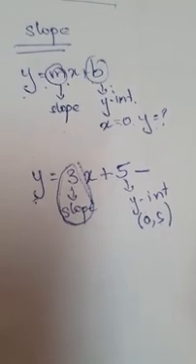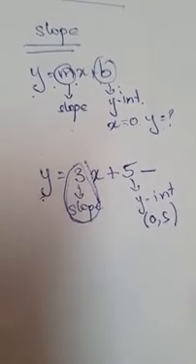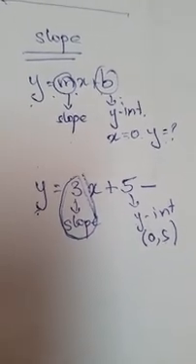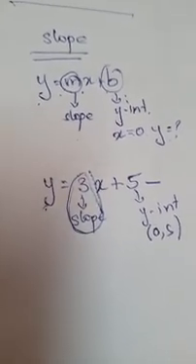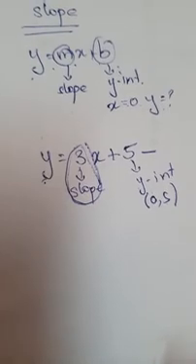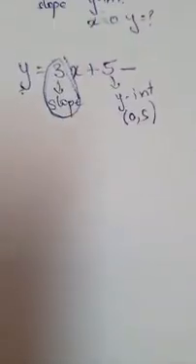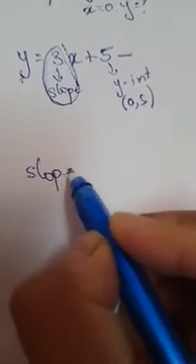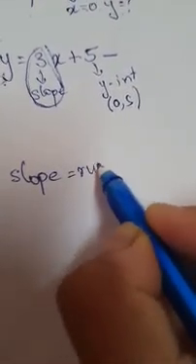Now it is not always possible for us to solve the equation again and use the slope formula, y2 minus y1. It's not possible. It's a very lengthy procedure. So what I want you to quickly remember is that if you want to find the slope, we can also use the formula